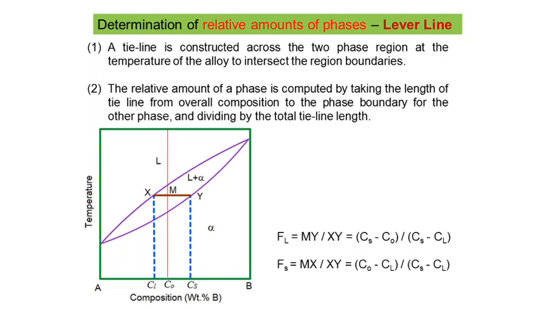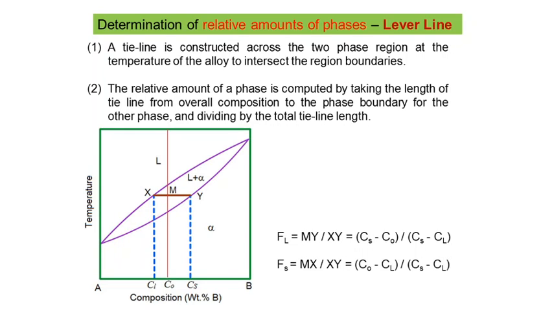So MX by XY is actually giving the phase fraction of the solid phase, and in terms of composition we can rewrite it as C naught minus Cl by Cs minus Cl, where C naught represents the composition at point M, Cl represents the composition at point X, and Cs represents the composition at point Y. So by this we can easily find out the relative percentage of solid phase as well as the liquid phase